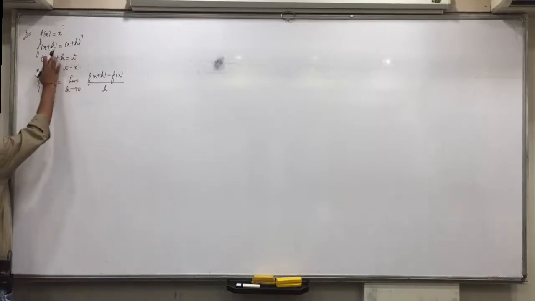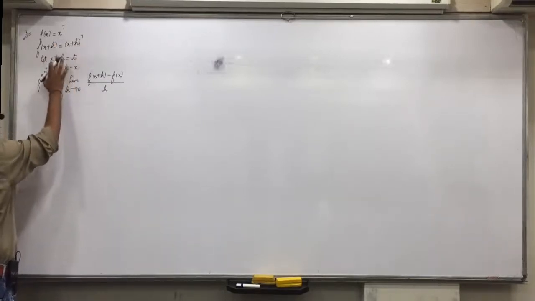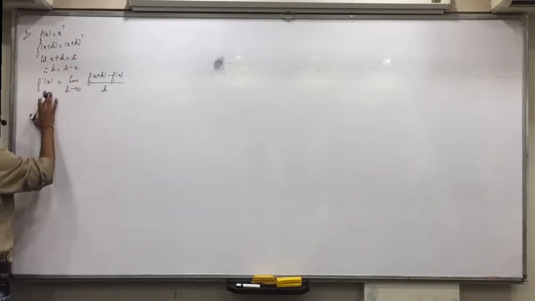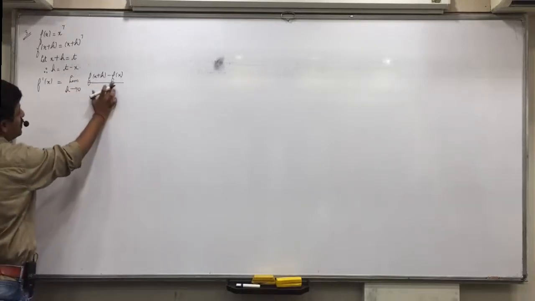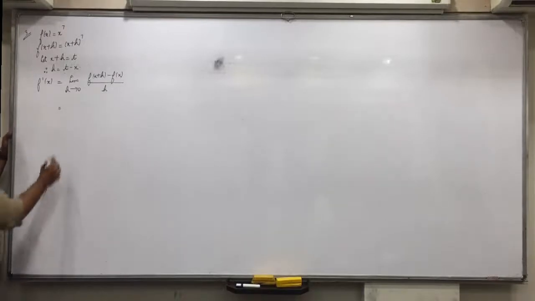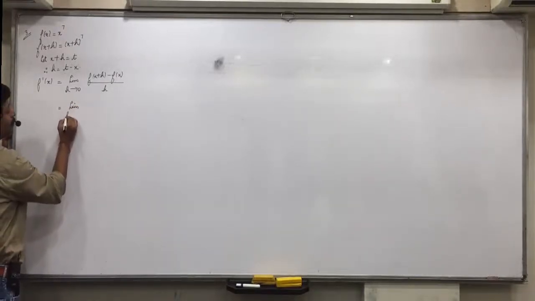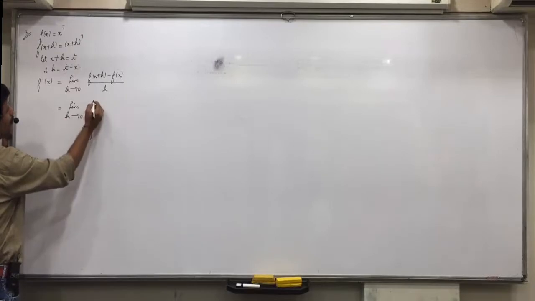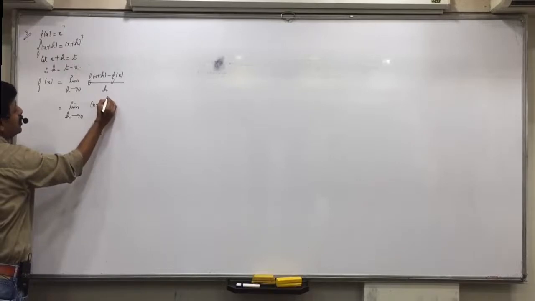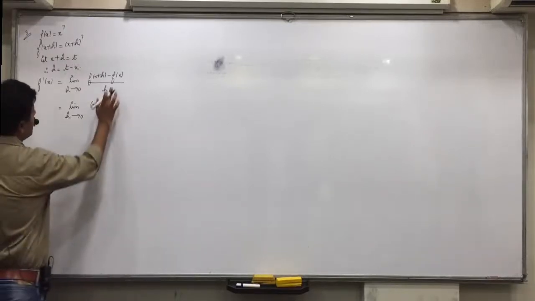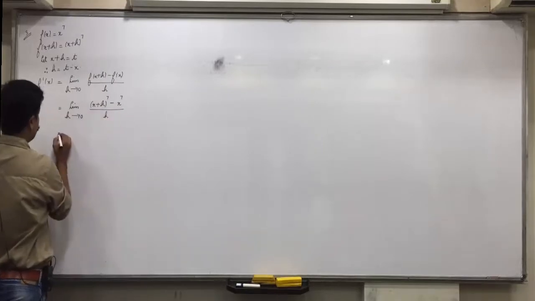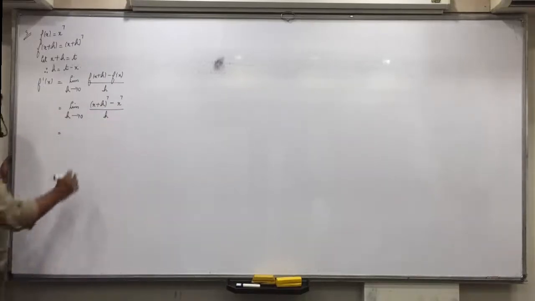Okay. f(x+h) will be (x+h) raised to 7. So x plus h is taken as t. h will be t minus x. Now f dash x is limit h tends to 0, (f(x+h) minus f(x)) upon h. Then Palak. Limit h tends to 0. f(x+h) is (x+h) raised to 7. f(x) is x raised to 7, upon h. Then Khushali,